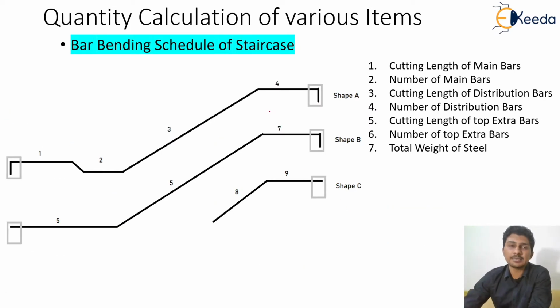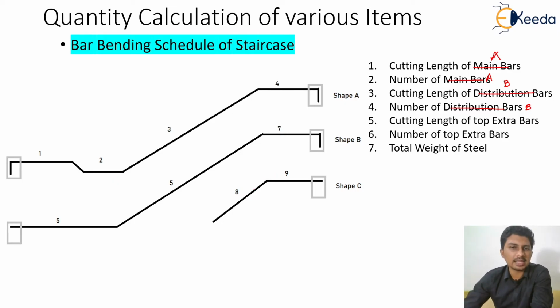Now the next one is the important document you are going to need for calculating the quantity of the bars. The top extra bar, distribution bar, main bar, alternate bars and everything, you just need to learn them properly. If I want to merge them, I'll number them as shape A bars, then shape B bars, and then the top extra bars. I just kept them like that at first for your understanding. Now I'll be naming them as A bars, B bars and the extra bars. Based on that, you just need to go through it.